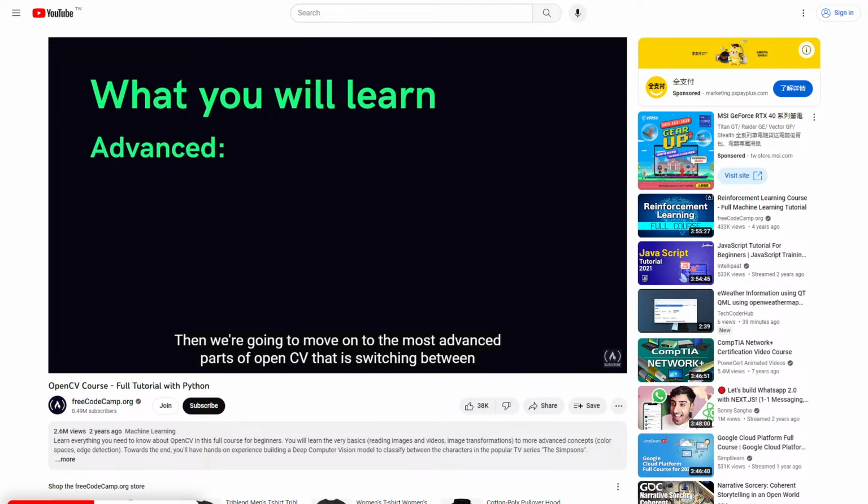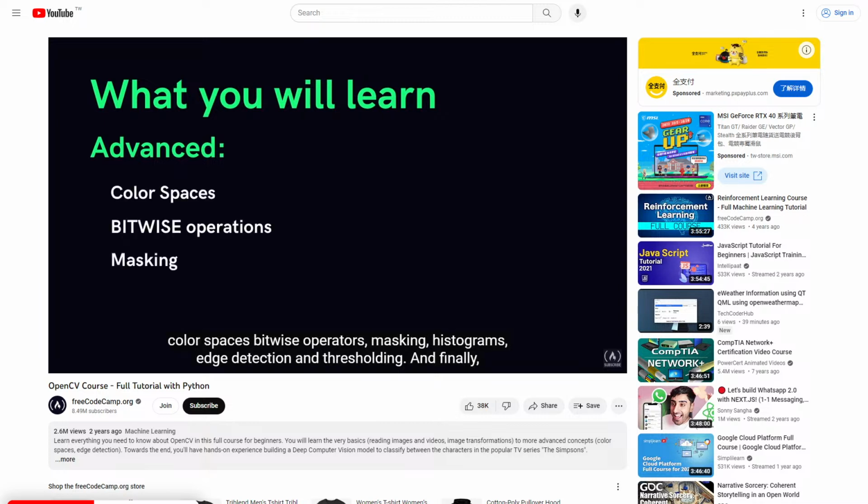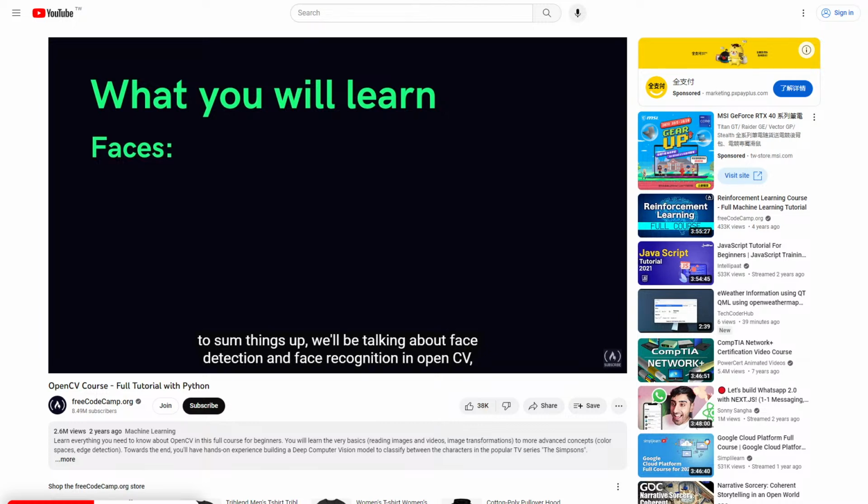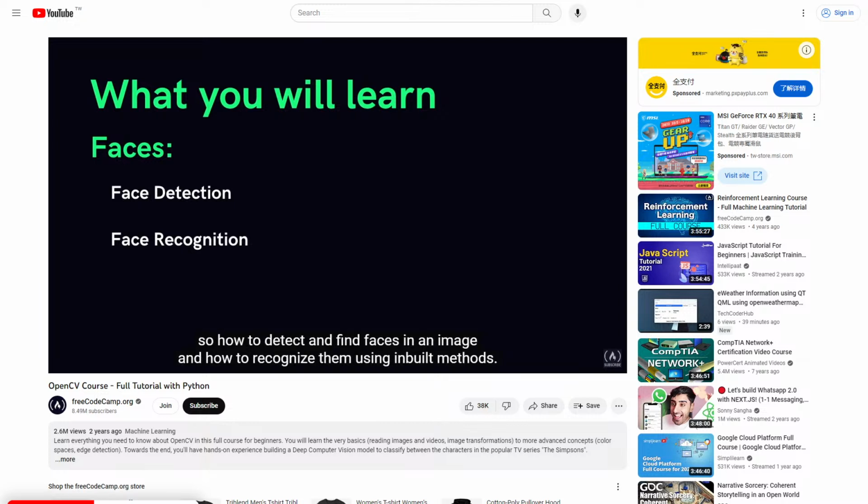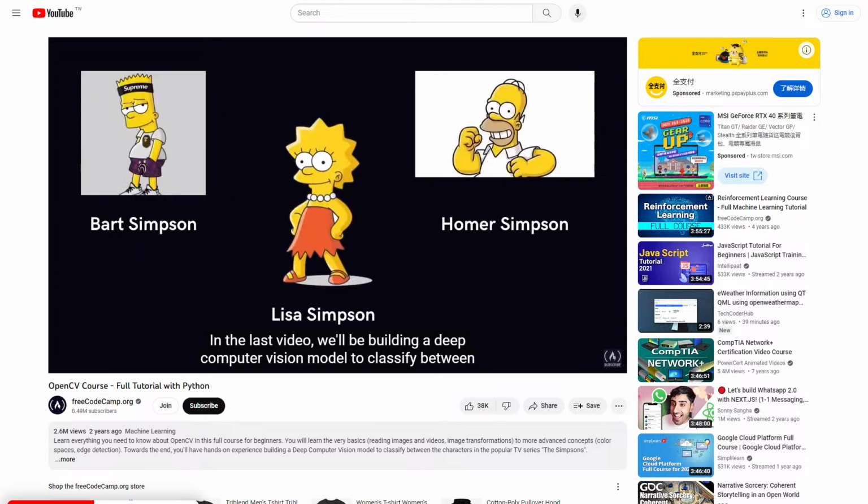Then we're going to move on to the more advanced parts of OpenCV, that is switching between color spaces, bitwise operators, masking, histograms, edge detection, and thresholding. And finally, to sum things up, we'll be talking about face detection and face recognition in OpenCV, so how to detect and find faces in an image, and how to recognize them using inbuilt methods. In the last video, we'll be building a deep computer vision model to classify between the characters in The Simpsons